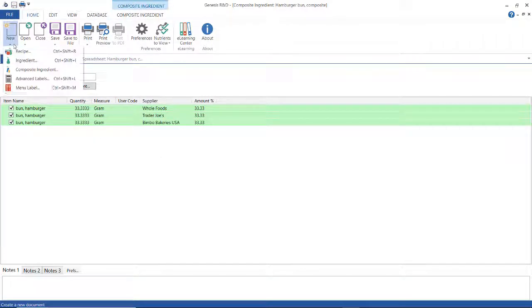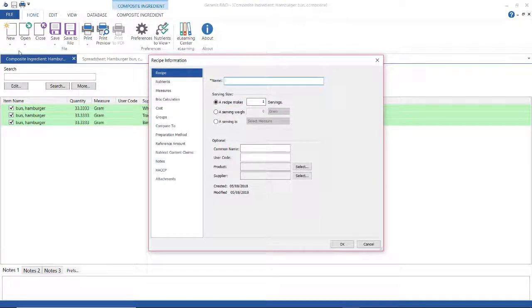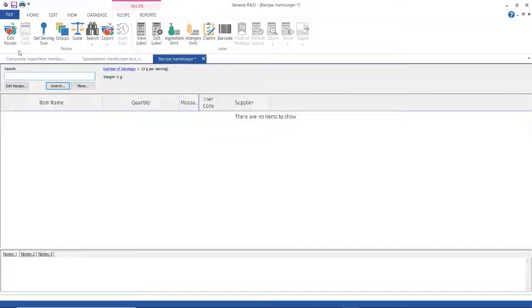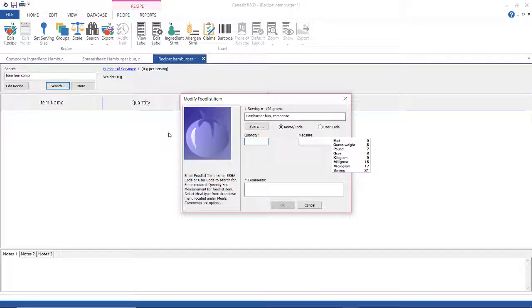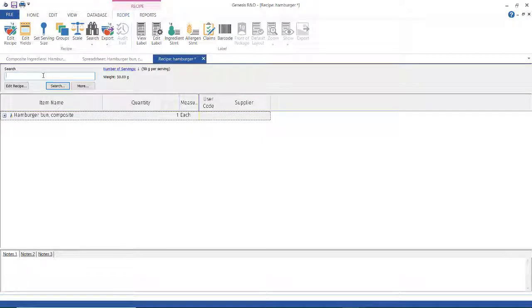and create a recipe. So I'll get a new recipe called hamburger, and I will find my hamburger bun. There it is. And then I'm going to enter, remember I entered 1 each, so I'm going to go ahead and do 1 each. And I'm going to enter a hamburger patty